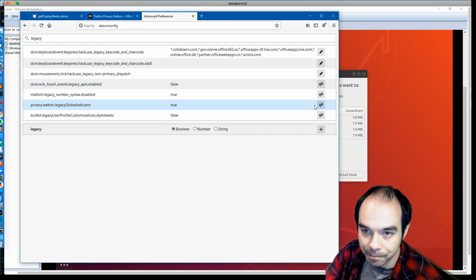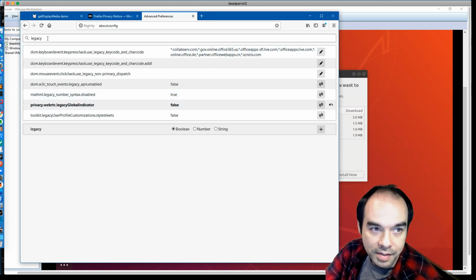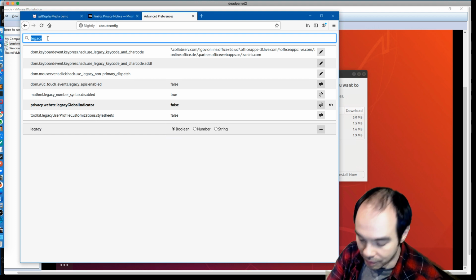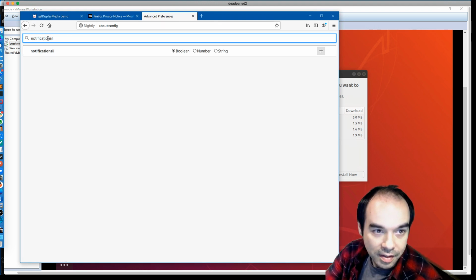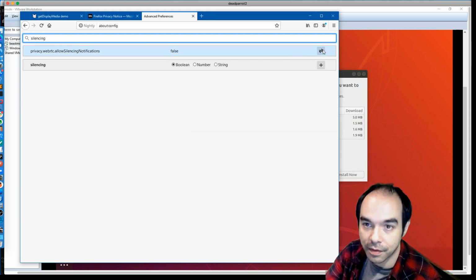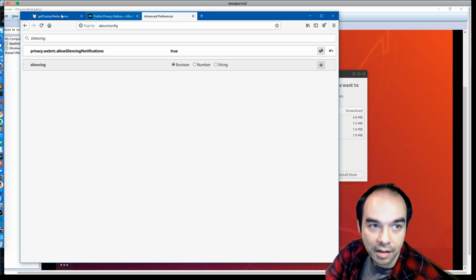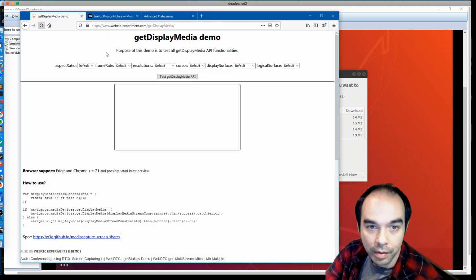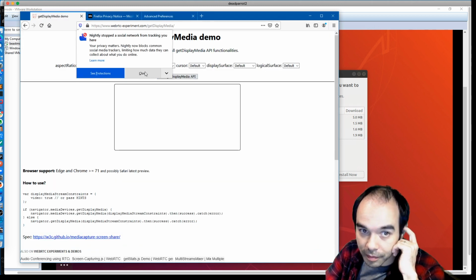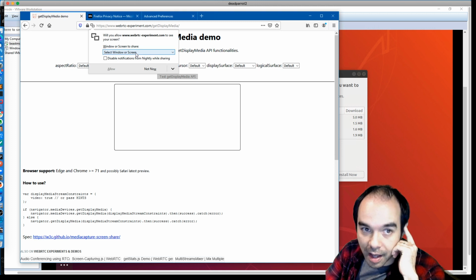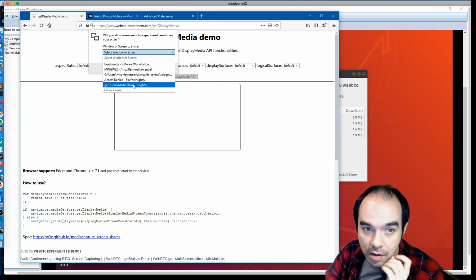So that's what we currently have, and what I want to show you is something new that we've been working on. If you turn off the legacy global indicator, that's the first thing. The other one is allow silencing notifications. We turn both of these on, go back here, reload the page, and